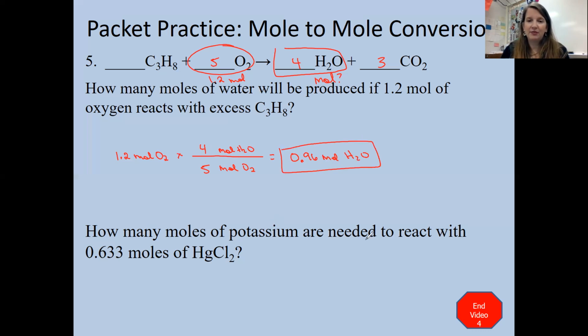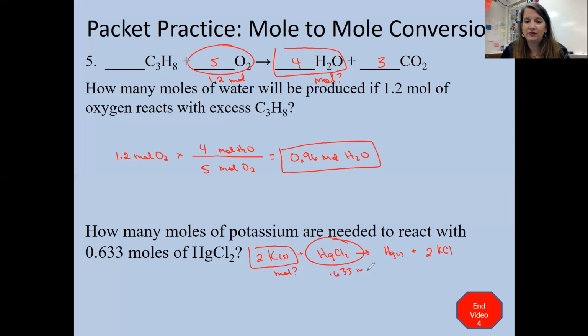How many moles of potassium are needed to react with 0.633 moles of mercury chloride? So we have potassium reacting with mercury chloride. You might not know these products, so they're going to be mercury by itself and potassium chloride. And so we'll have to balance, so 2 here and a 2 here. So we're trying to find moles of potassium. So that's what we're trying to find here, moles of this. And we're starting with